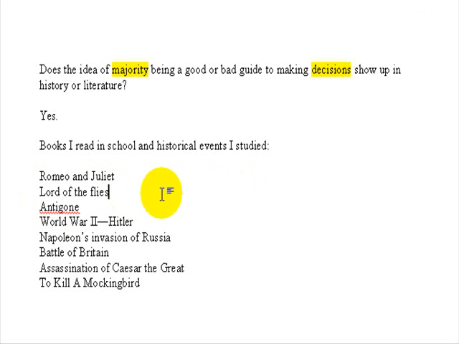They did vote on things. The majority of boys eventually went wild. So I would say yes, majority rule. That concept does show up in Lord of the Flies. How about in Antigone? Antigone is a story about a king and his decision. So it's not really about the majority, so I wouldn't take Antigone. How about World War II and Hitler and all that? Well, the majority of people in Germany put Hitler in power, so I would choose that. Napoleon's invasion of Russia, it's a decision really of one man. I wouldn't say that. Battle of Britain,